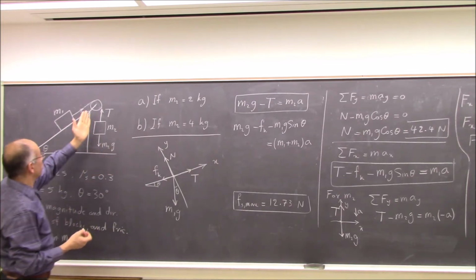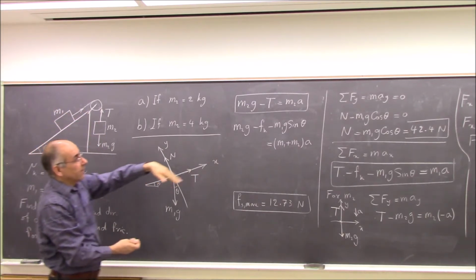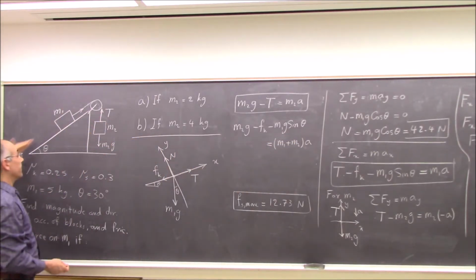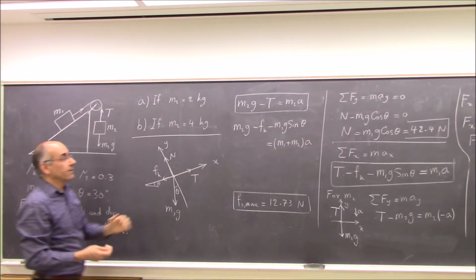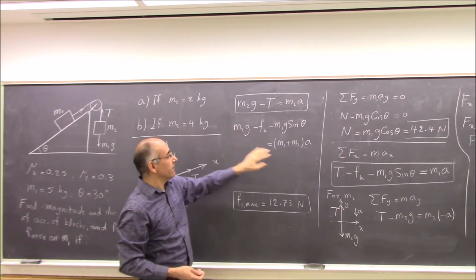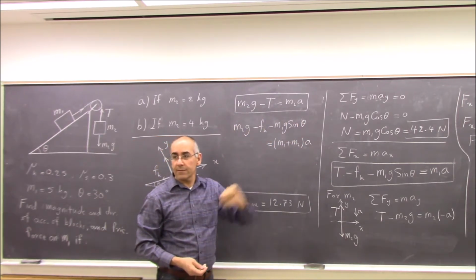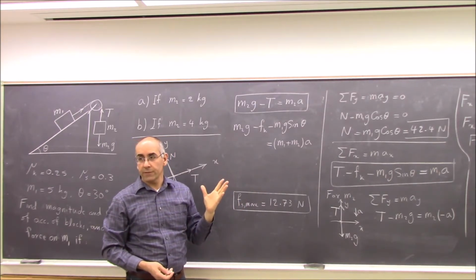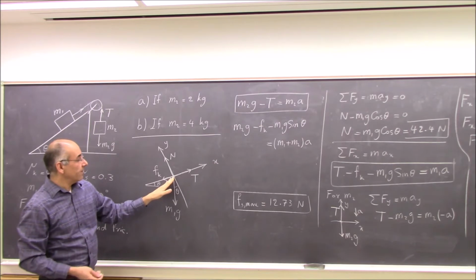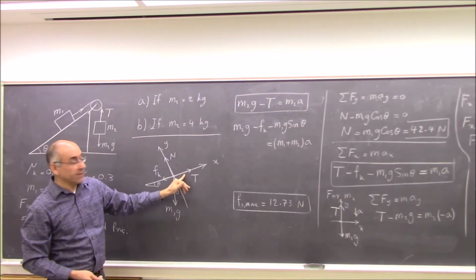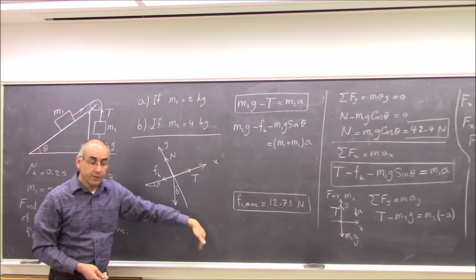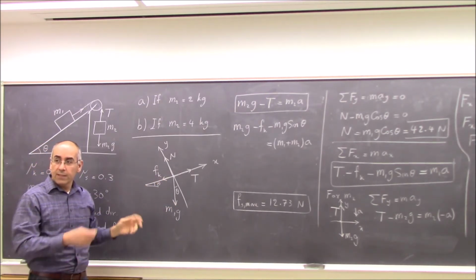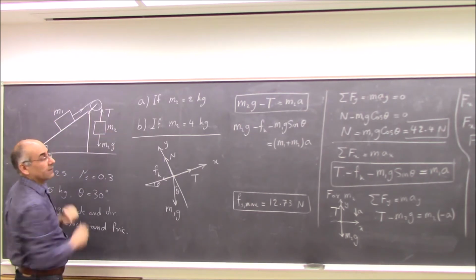M2g is trying to push the system this way. Friction and M1g sine theta are trying to move the system the other way. And that net force is equal to total mass times acceleration. You could write this down from the beginning if you were careful enough. See this, M1g is pushing that way, not the T. M1g is pushing that way, Fk and M1g sine theta are pushing this way, and that gives the total mass